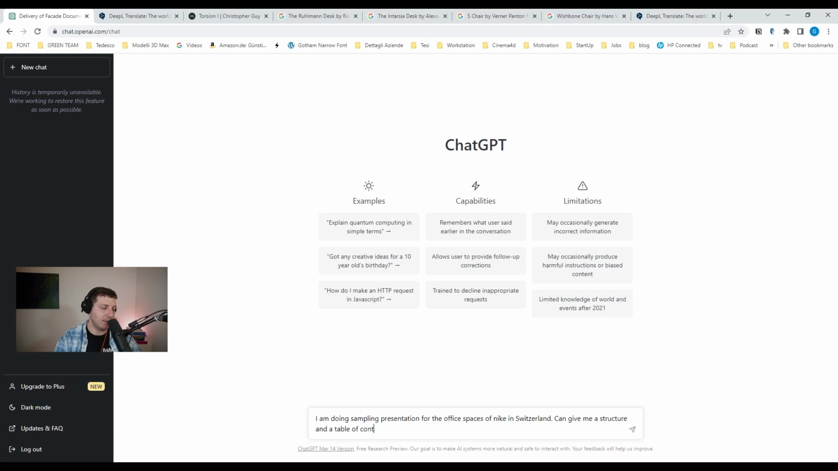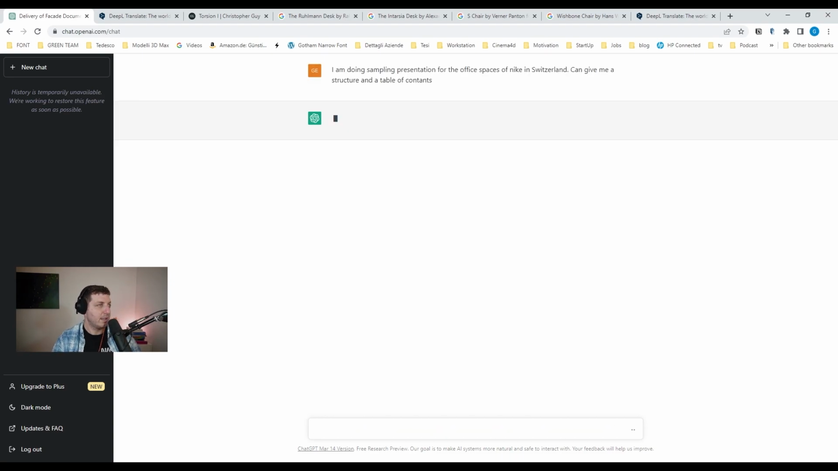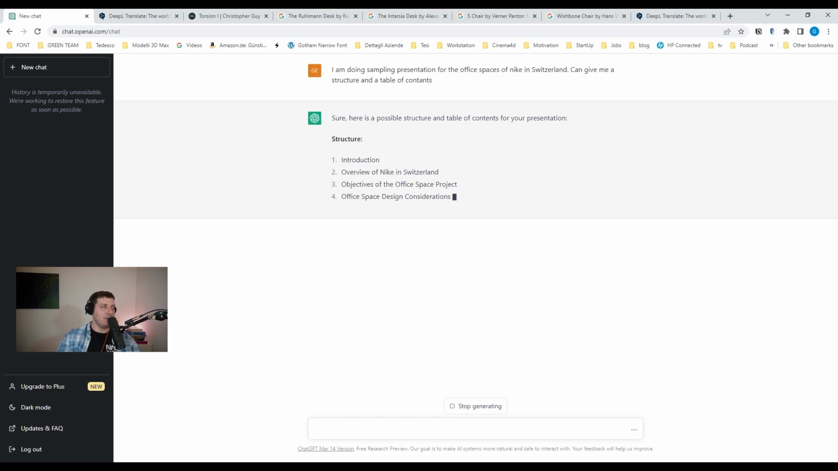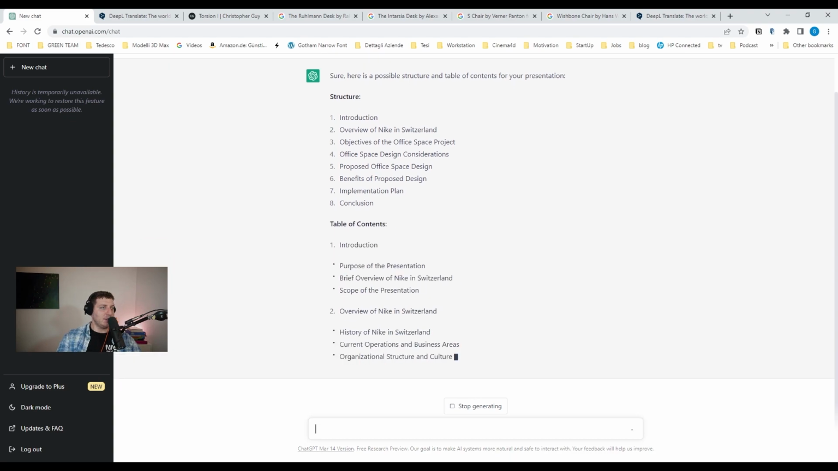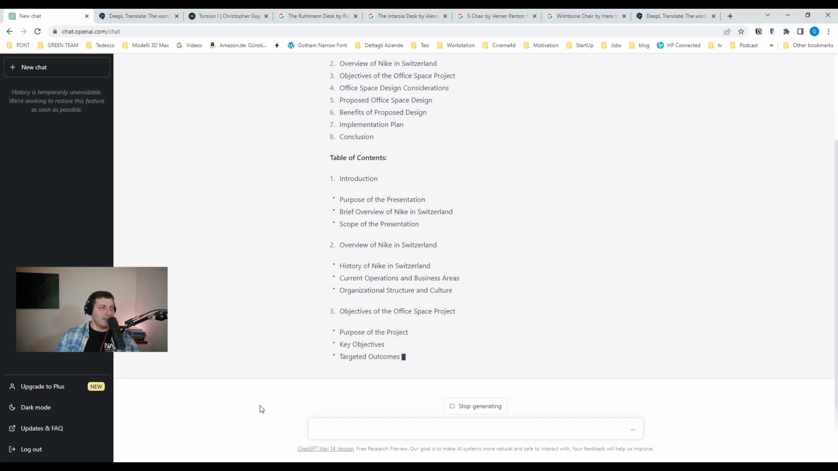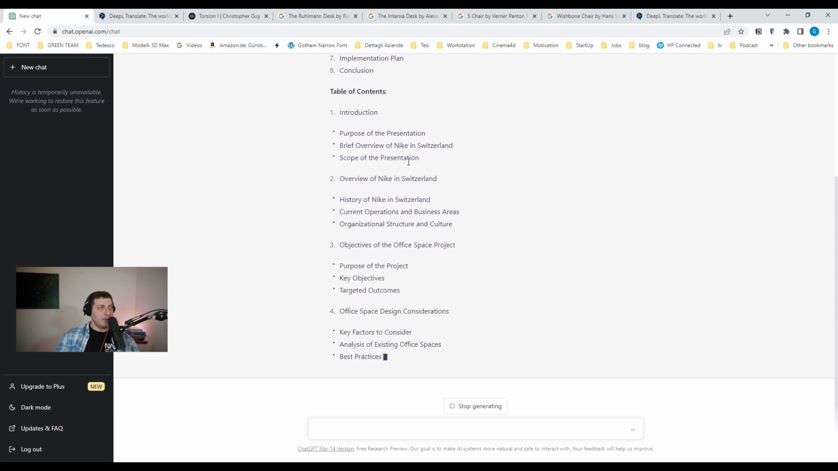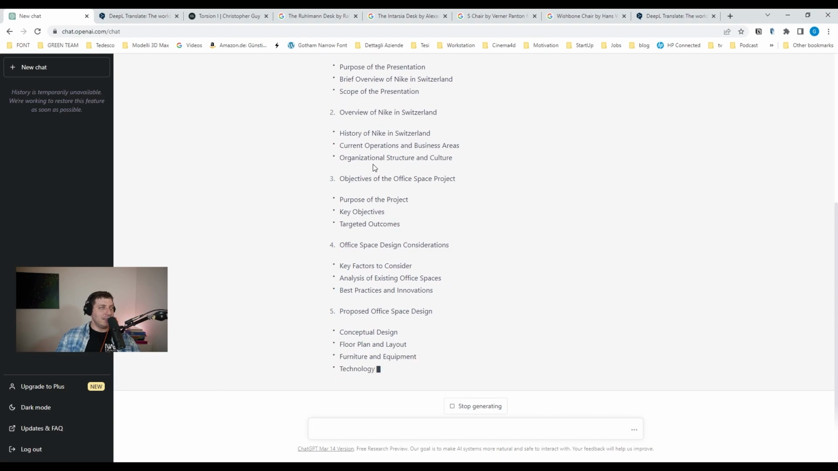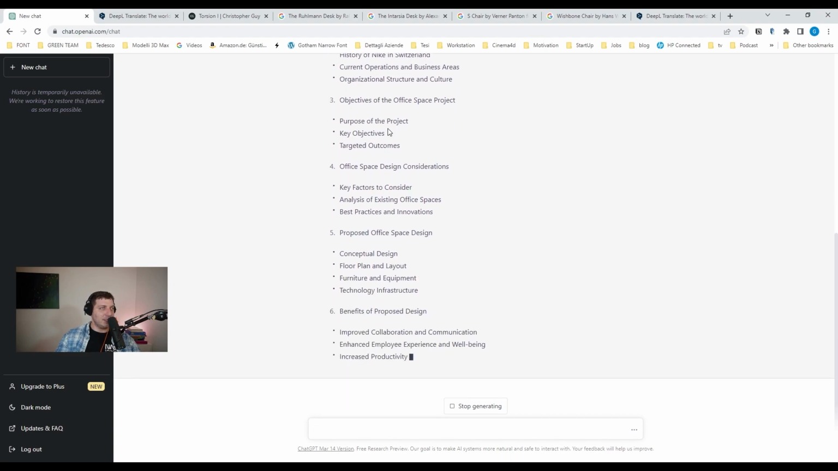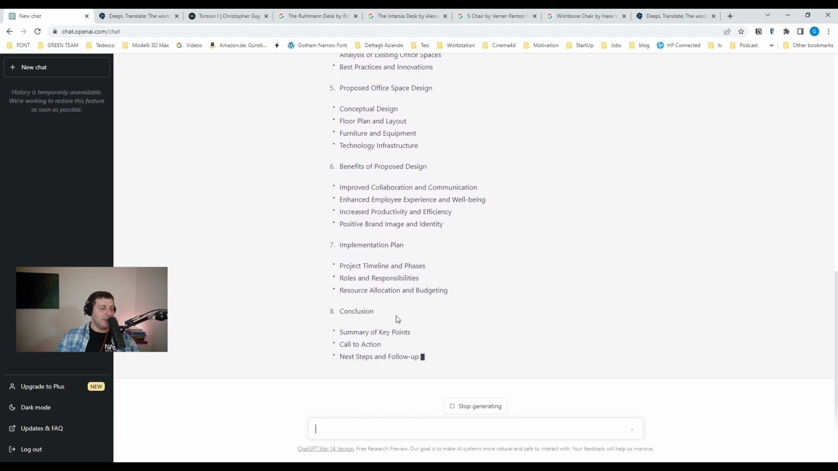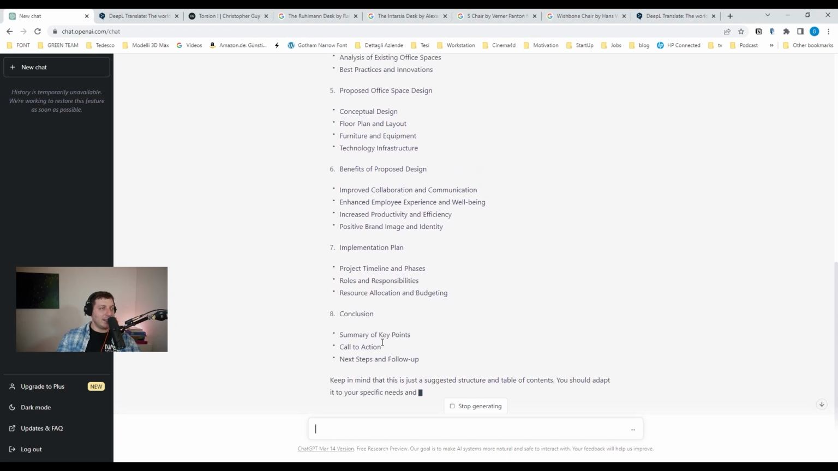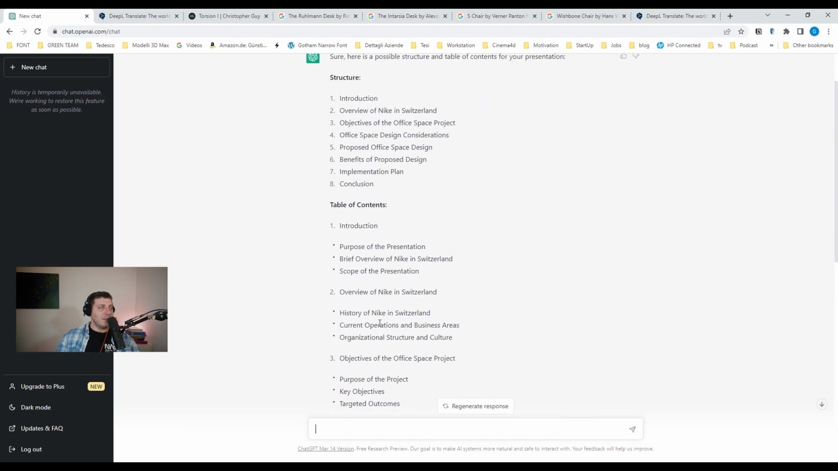Table of contents. So, for example, this is also a great thing. Sure, here: introduction, overview, Nike in Switzerland, objective of the office space, design considering proposed office space, benefits of proposed design, conclusion. And then he gives a structure: introduction, purpose of the presentation, brief overview of Nike in Switzerland, history of Nike in Switzerland, current operation and business areas, organizational structure, objectives, key objectives. See, you can start from there and then you can tell him,